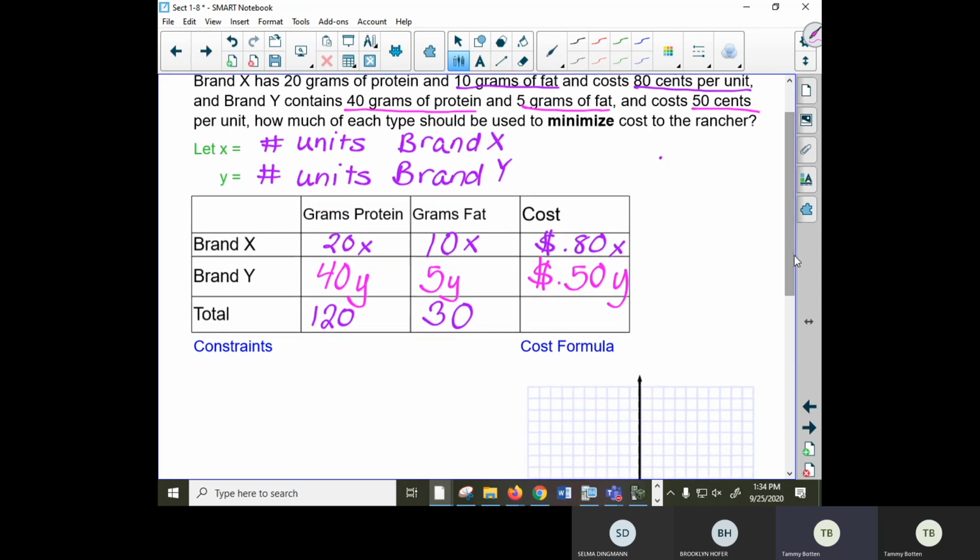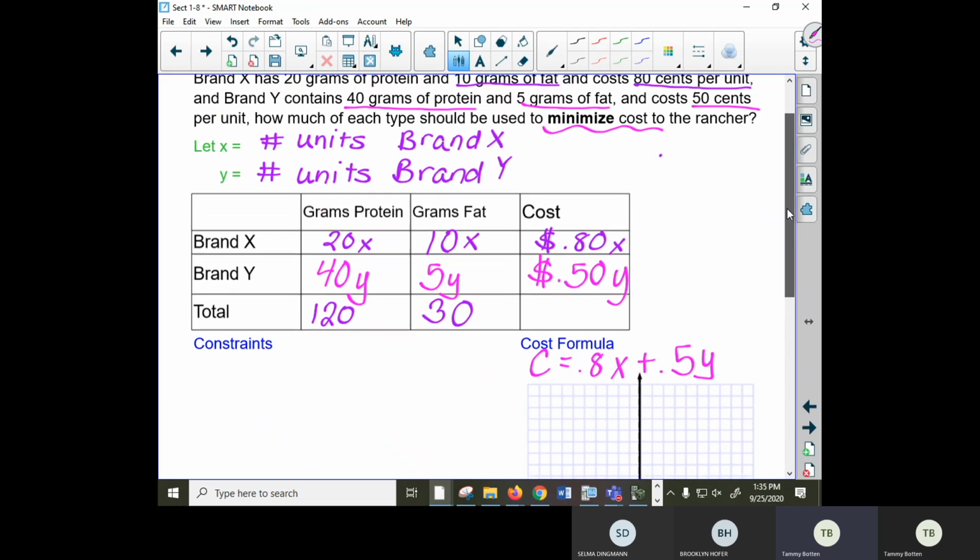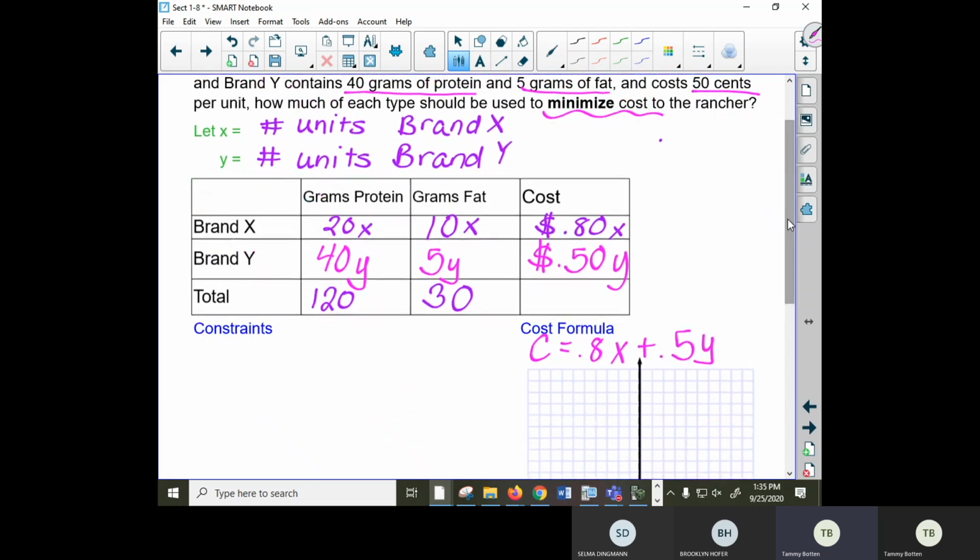Okay. In this one, they want the minimum cost. So here's what we're going to do. Our cost is going to be 0.8 or 0.80, however you want to write that, X plus 0.5 Y. So we're going to graph those, try to find it, and then go from there. So in all of these, when it's a word problem like this, your x is going to have to be greater than or equal to 0, and your y is going to as well,